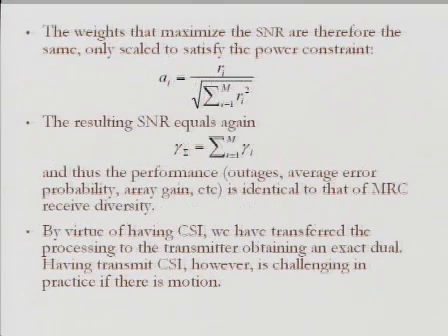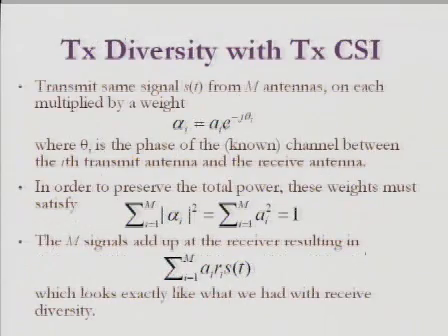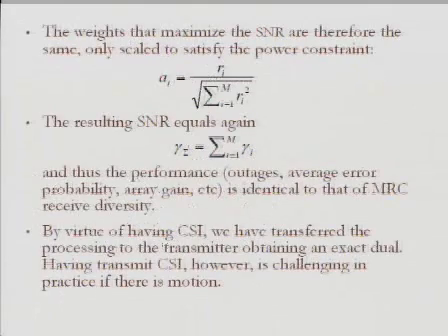For example, say we want to do MRC, right? So again, we just resolve the problem with the constraint of the squares of the A's equaling 1, and we get this modified version of the MRC, where again we have proportionality. Okay, we have that the weight that goes on the ith antenna is proportional to the fading on that antenna, to the amplitude of the fading on that antenna. So the proportionality is the same, but now we have this factor in the denominator that just makes sure that if we square these quantities and add them up, we get 1, right? So if you take this guy and square it up,